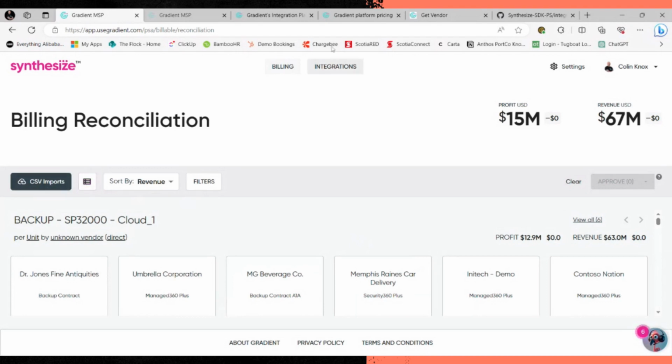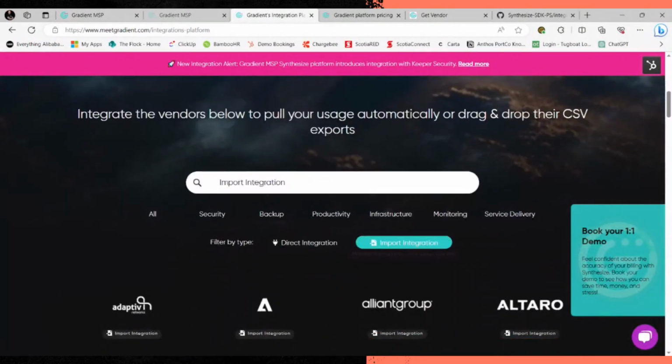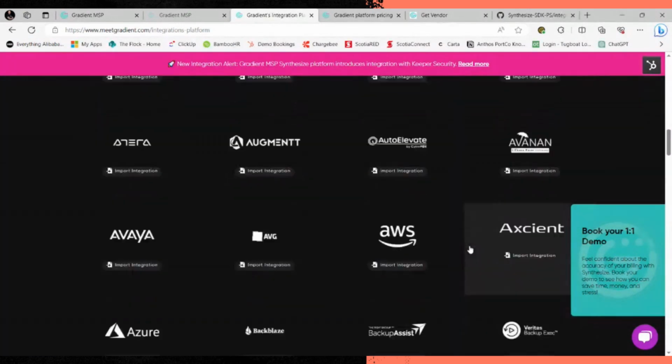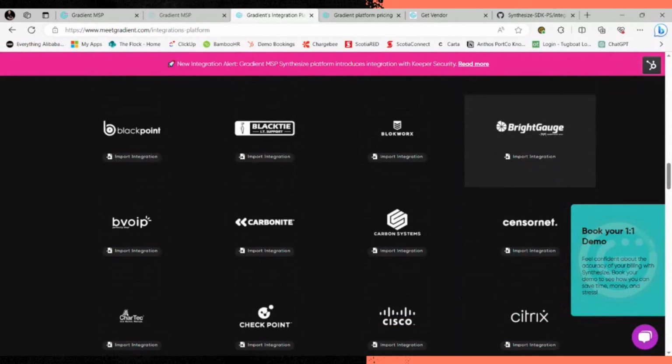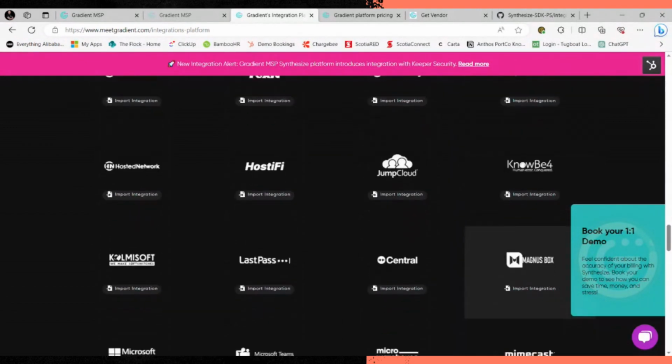So, we said we got about 40 integrations that automatically pull in, but since we're not integrated with everybody, we can support these usage exports as an import with CSV files. We've got countless vendors that we have verified and tested their exports with partners for that work.